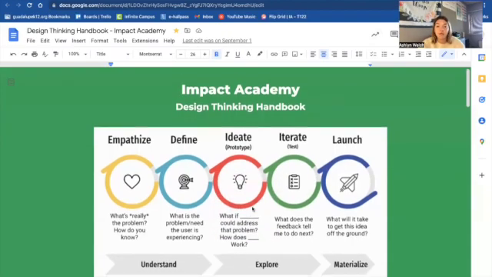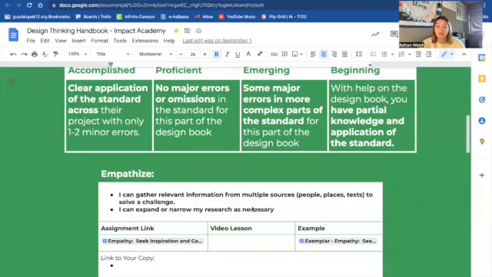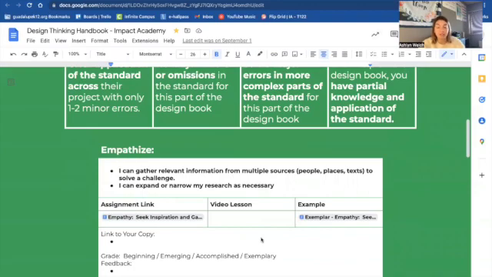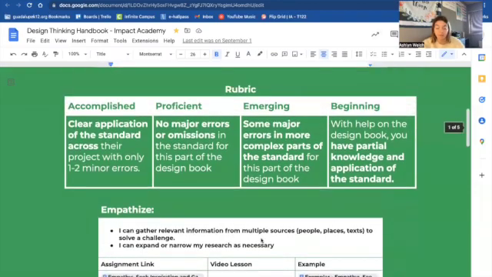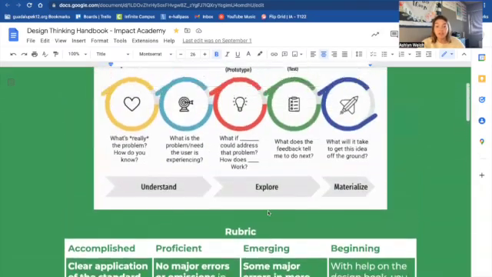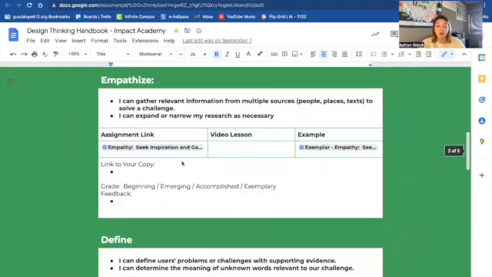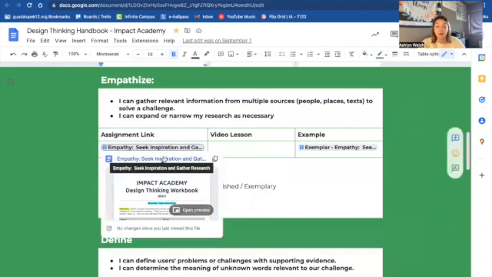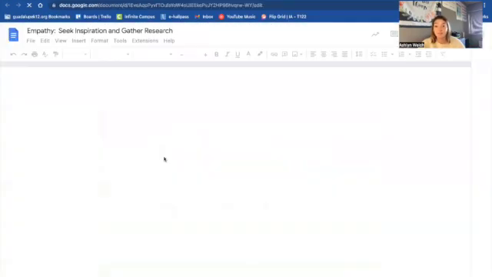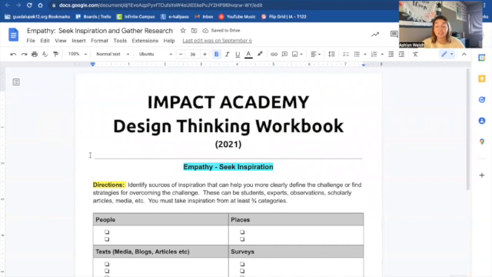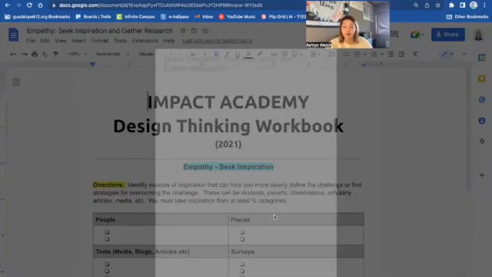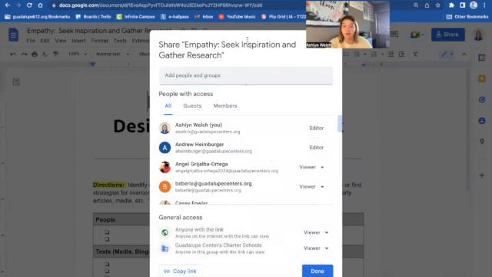Awesome. So today you are going to be doing the Empathy, Seek Inspiration, and Gather Research document for your team. To find that, you're going to go into your design handbook, right? You're going to the assignment link. You'll open it up and make a copy for your team. Don't forget to change the share settings up here from viewer to editor when you make a copy for your